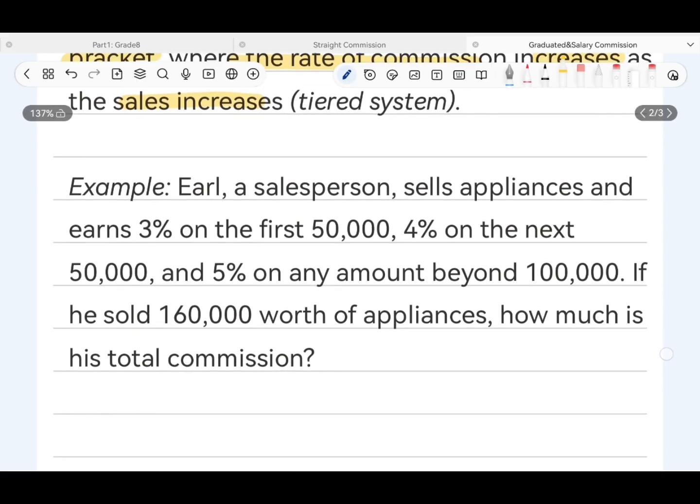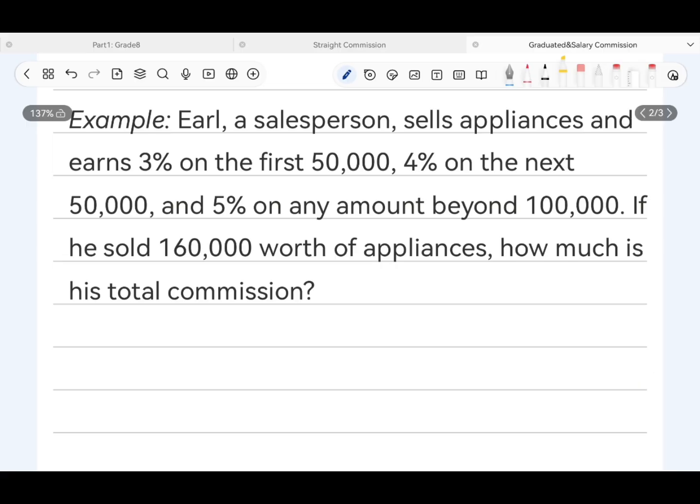Okay, so let's have our example. So for our example, we have Earl, a salesperson, sells appliances and earns 3% on the first 50,000, 4% on the next 50,000, and 5% on any amount beyond 100,000. So if he sold 160,000 pesos worth of appliances, how much is his total commission? So to compute that,